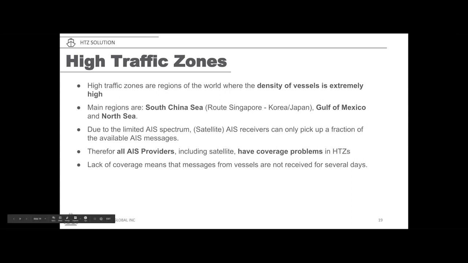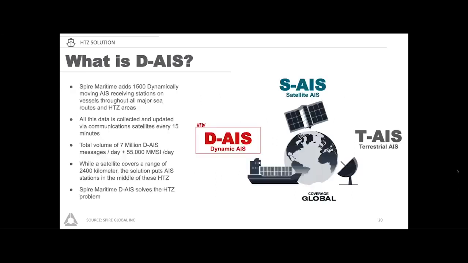So every AIS provider has difficulty covering these high traffic zones. And there are obviously very high value areas as well. So with that, we have solved this problem with Dynamic AIS. Want to go to the next slide? Yeah, perfect. So what we did is we put AIS receivers on